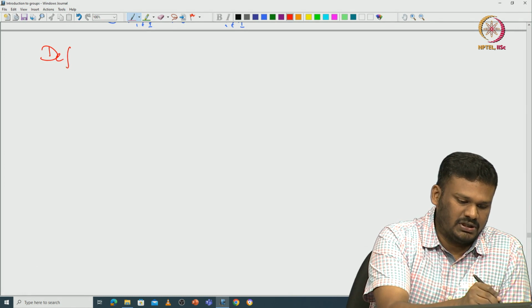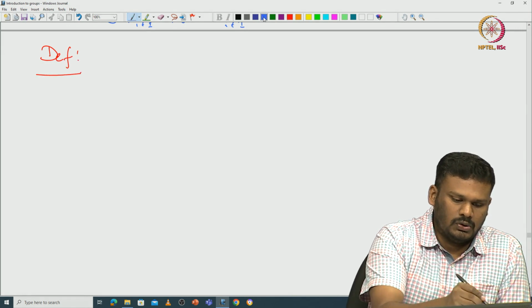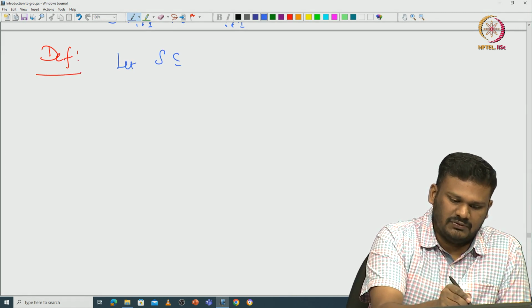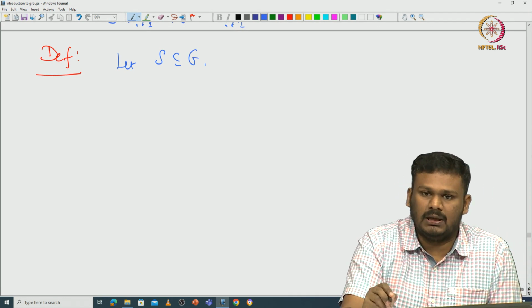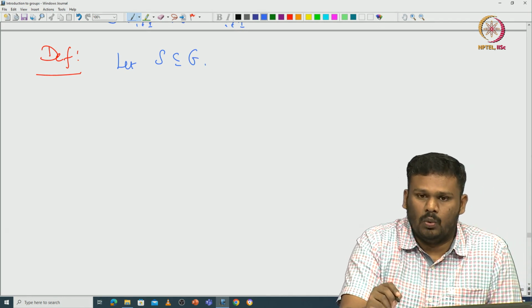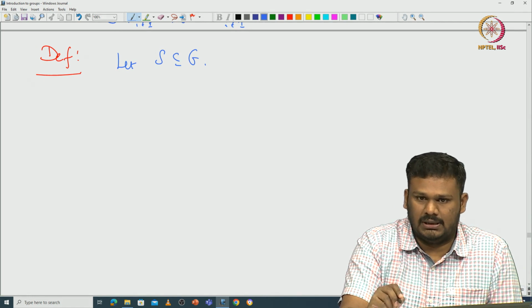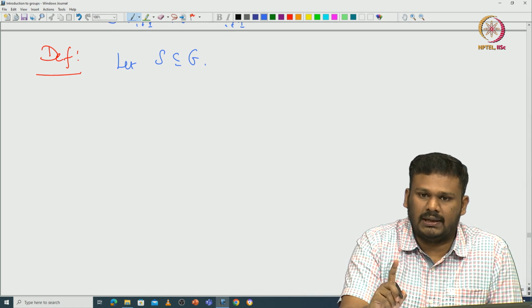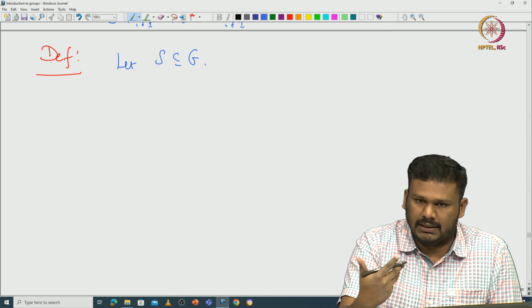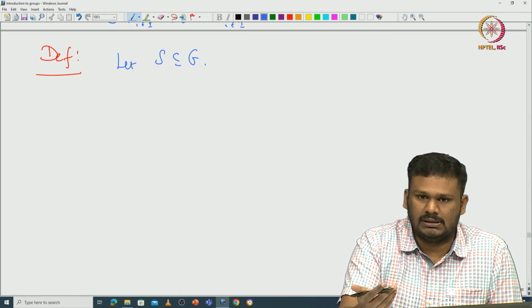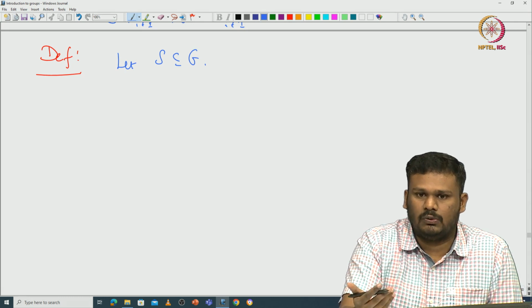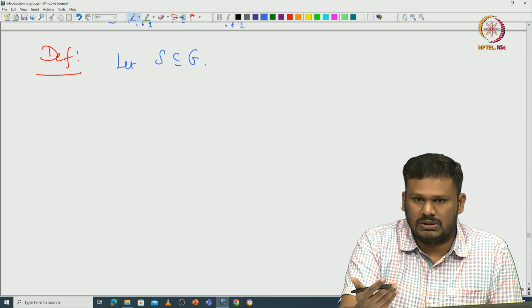So, here is the definition. You start with some subset of G, call it capital S. We have already seen what the subgroup generated by capital S is. If you recall, one way to define it is that you collect all subgroups of G containing S and then take the intersection of them. That is the subgroup generated by capital S, which is also the smallest subgroup, with respect to inclusion, that contains capital S.